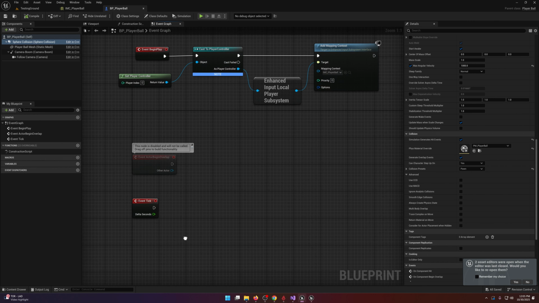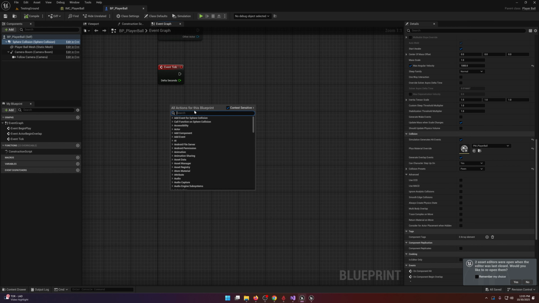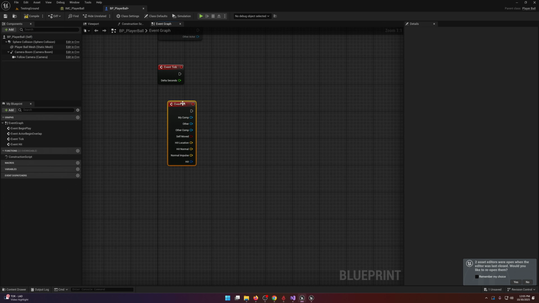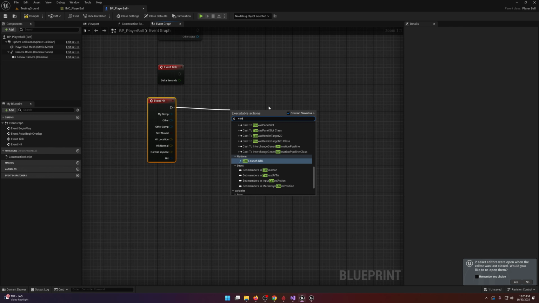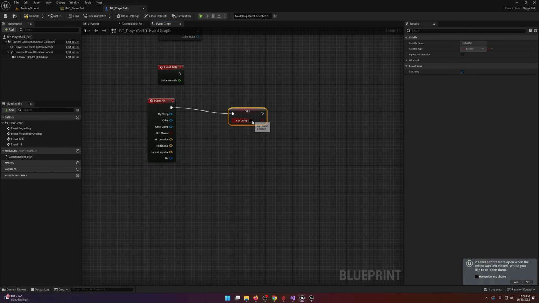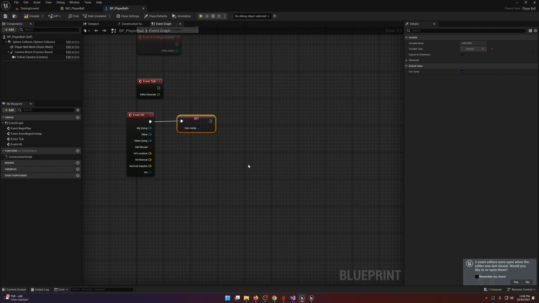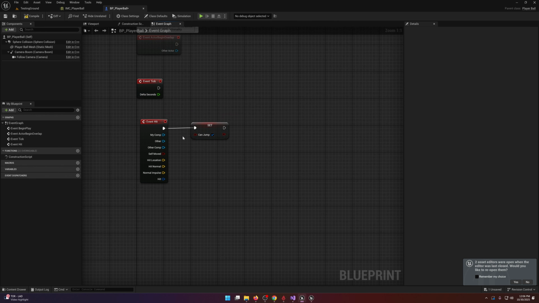All right, so in the event graph, in the empty space here, I'm going to right click. I'm going to do hit events. So event hit. So on event hit, we want to drag from here, and we'll do CanJump, set CanJump equal to true. So when we hit something, we can jump. Later on, we're going to need to make a check to see if we hit the ground or if we hit something that is in the ground, in which case we wouldn't reset the jump. But for right now, this is enough. File and save, play, and